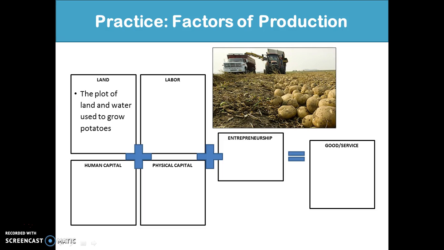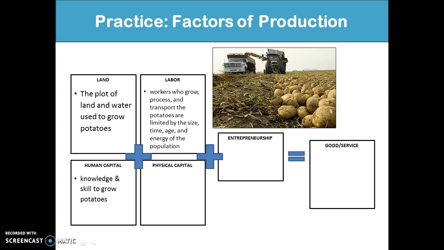So land would be a plot of land, the potatoes, the water that goes into growing them, even the fertilizer. Labor would be the workers who are growing, processing, transporting, who are driving these machines. Human capital, the knowledge and skills that people have, knowing how to grow potatoes, knowing how to drive the machines, knowing how to freeze and salt and package the French fries so that they can be sold. Physical capital will be that farm equipment, all of the machines, the freezer that is used, the trucks that are